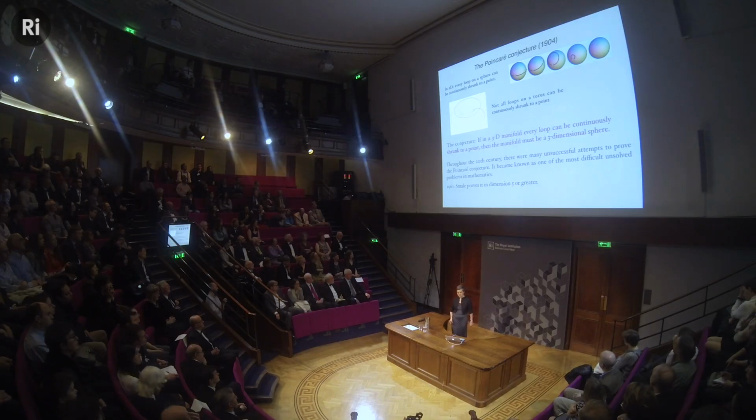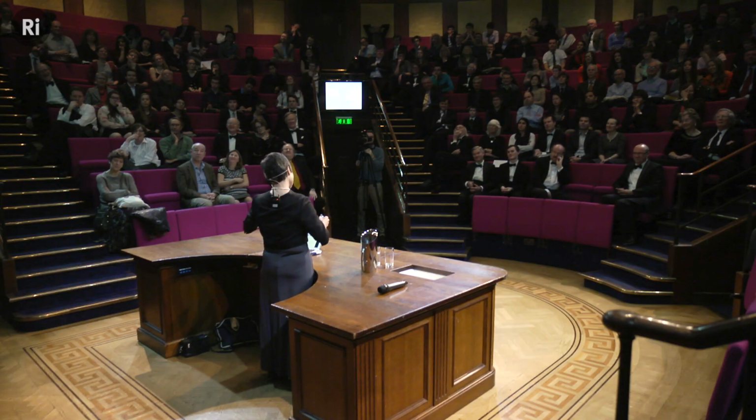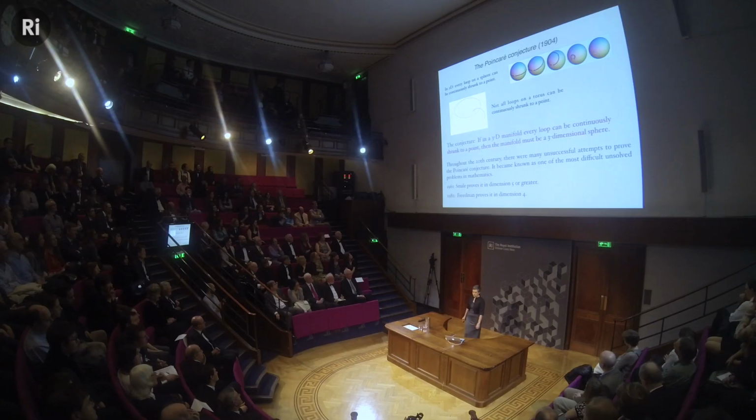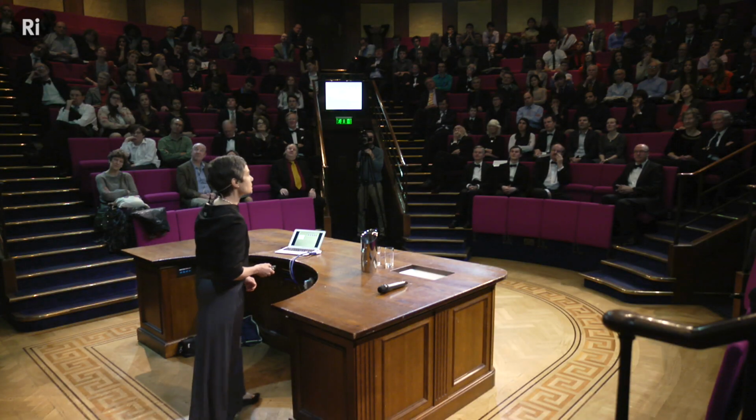Another slightly strange thing in mathematics: you might not be able to do something in 3 dimensions, so let's try and go to higher dimensions. Maybe it's easier. And it's kind of easier because there's more space. It's harder to think about it, but you don't have to think about it. You can just move things out of the way and move them around each other, and so it could be proved in dimensions greater than or equal to 5, and then it was proved in dimension 4, and it was still sitting there unsolved in dimension 3, and some big prizes, the Clay Millennium Prizes, were set up